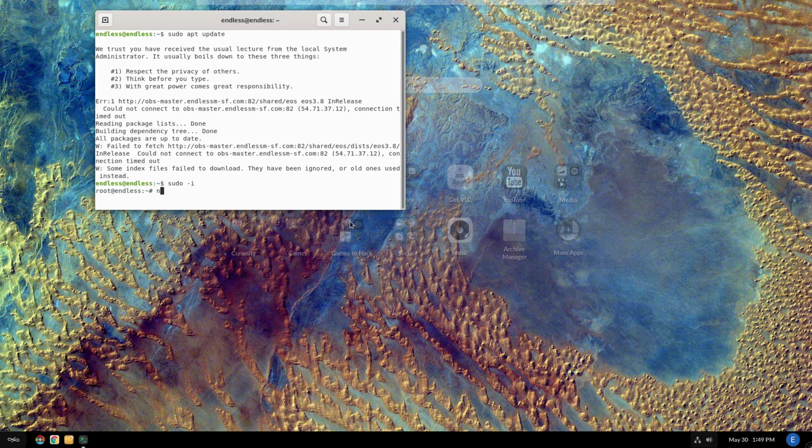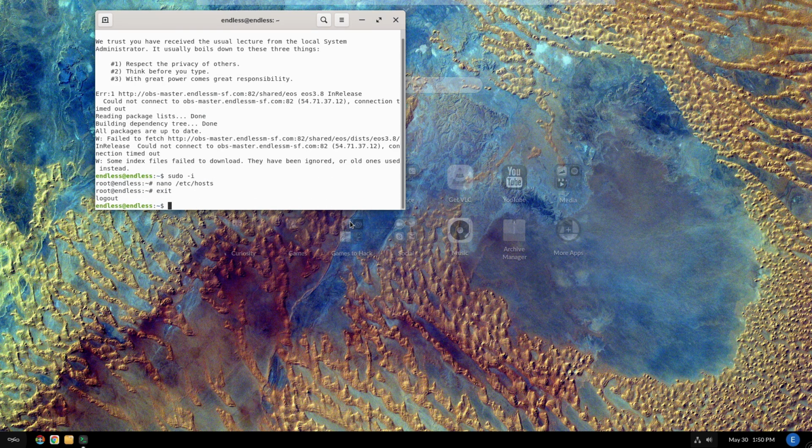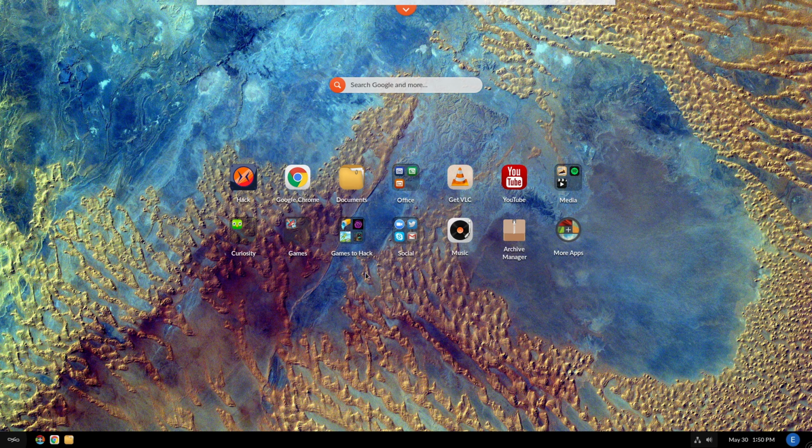Let's go ahead and see if we can actually do some basic sudo stuff, because if I can get in here and access just some basic system files, then hey, I could probably come in here and add new repos and things like that, but that's going to be probably your option. Let's do 127.0.0.1 and facebook.com. Let's do facebook.com though. 127.0.0.1 www.facebook.com and exit. So apparently I can actually come in here and do some sudo things. So the system's not entirely locked down, but it's going to make it a little bit more difficult.